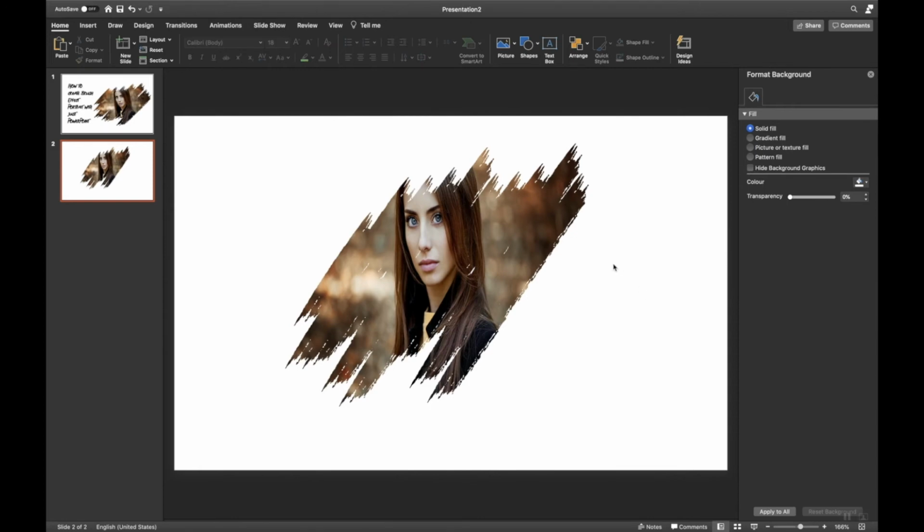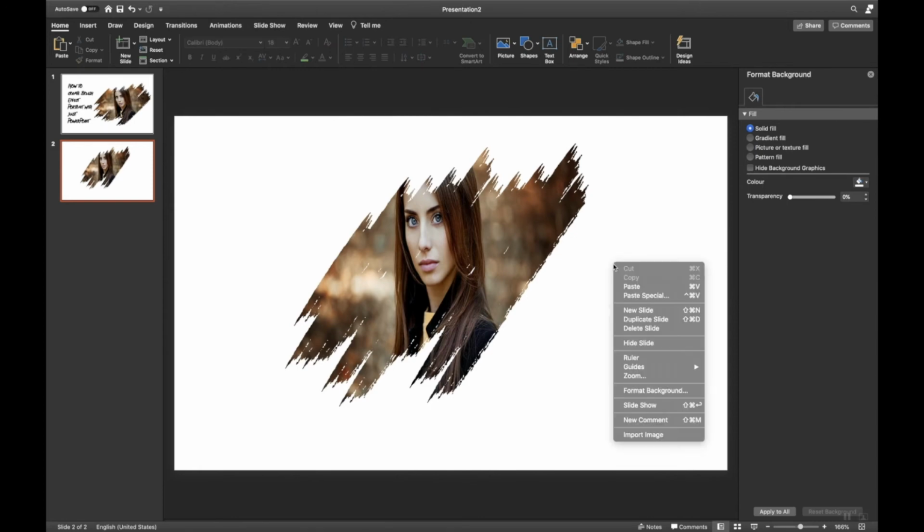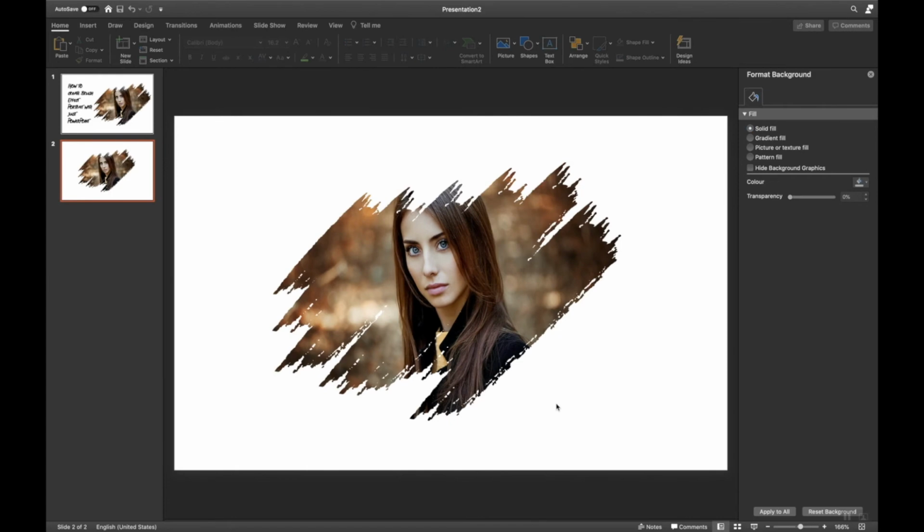For creating a background effect, what you need to do is right click anywhere on your PowerPoint and you will see an option called Format Background. After selecting Format Background, on your extreme right hand side, you will see a couple of radio buttons. First one is Solid Fill, second one is Gradient Fill, third one Picture and Texture Fill, fourth one Pattern Fill. Now to create a similar type of background effect, we'll be using a Gradient Fill. Now select this radio button.